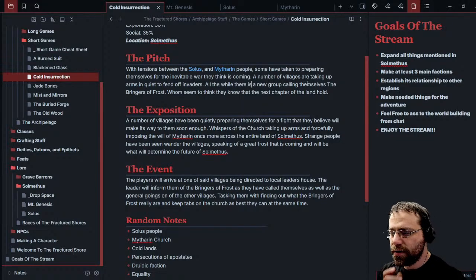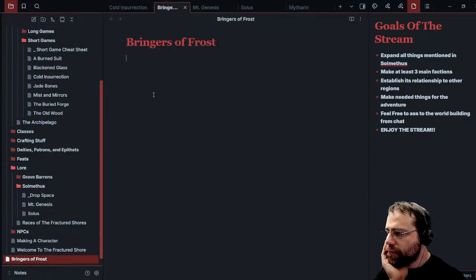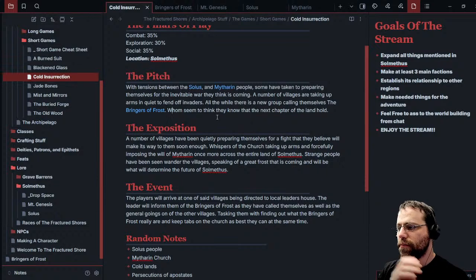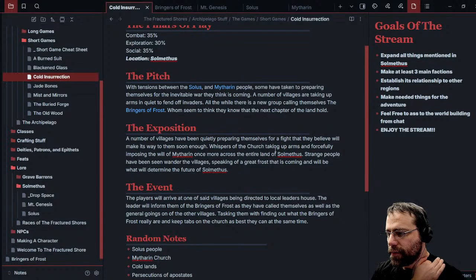A number of villages are taking up arms in quiet to fend off invaders, while calling themselves the Bringers of Frost. I knew I had a third faction. Who seem to think they know the next chapter that the land holds. A number of villages have been quietly preparing themselves to fight, believing that they will make their way through soon. Whispers of the church taking up arms, and we're just gonna